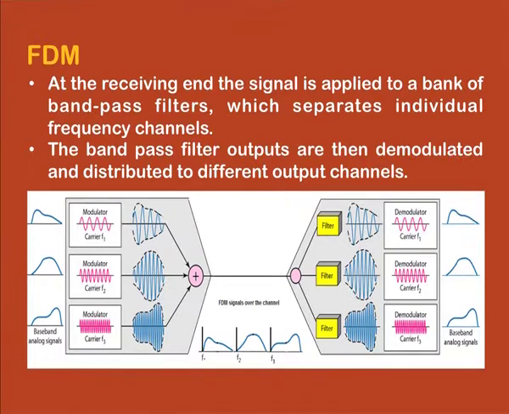So, this example considers an SSB type of modulation. We can use 3 different frequencies f1, f2, f3 to modulate these 3 different signals, and the resulting signals will have a spectrum which will be non-overlapping, and these signals can be transmitted over the same physical medium without causing any interference. At the receiver side, we will have a filter bank of 3 bandpass filters which are tuned